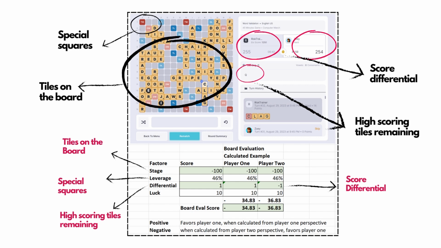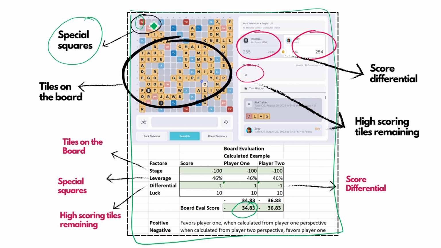We understand how we take all of this information and compress that into one number, which is our board evaluation score. So in this specific case, the board evaluation engine uses a couple of pieces. So first, it looks at what we call special squares. It looks at the triple word score and the double word score. Only the triple word score and the double word score. It doesn't look at the triple letter score, doesn't look at the double letter score, only looks at the triple word and the double word score.